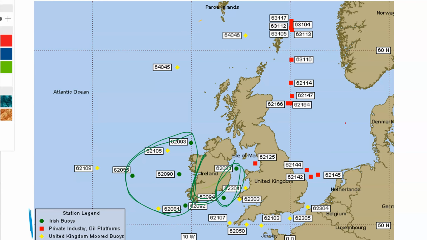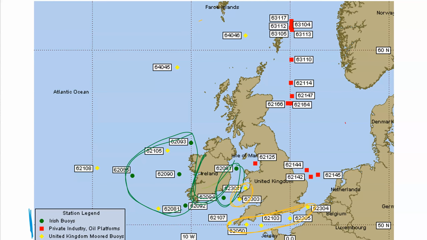What about the UK buoys? Various locations here. We've got a large number of them here in the English Channel. Again, the question only asks for describe, but the reason for that is linked to the fact that's a major route for international shipping, so you need to have a good idea of what the weather forecast is going to be like there. You've got some here in the Irish Sea as well, around about the coast, and of course